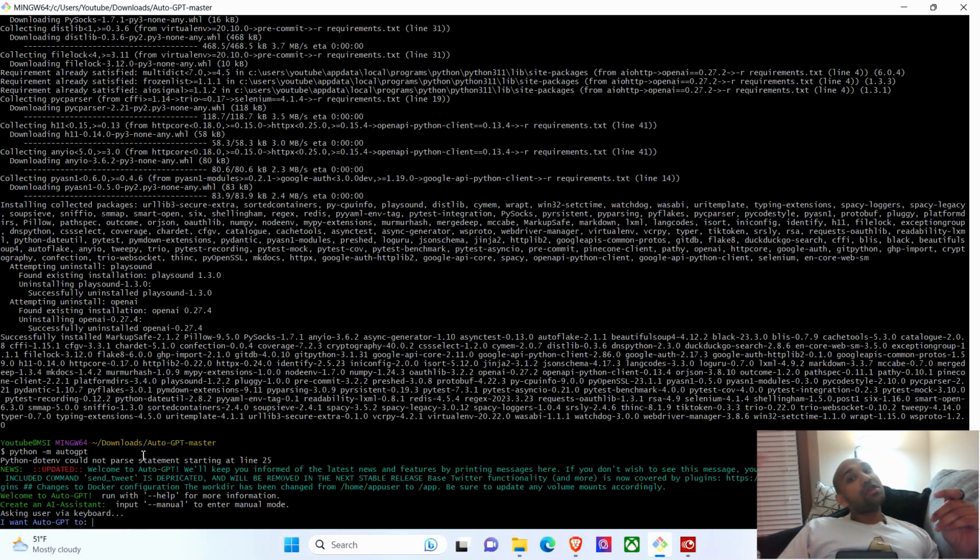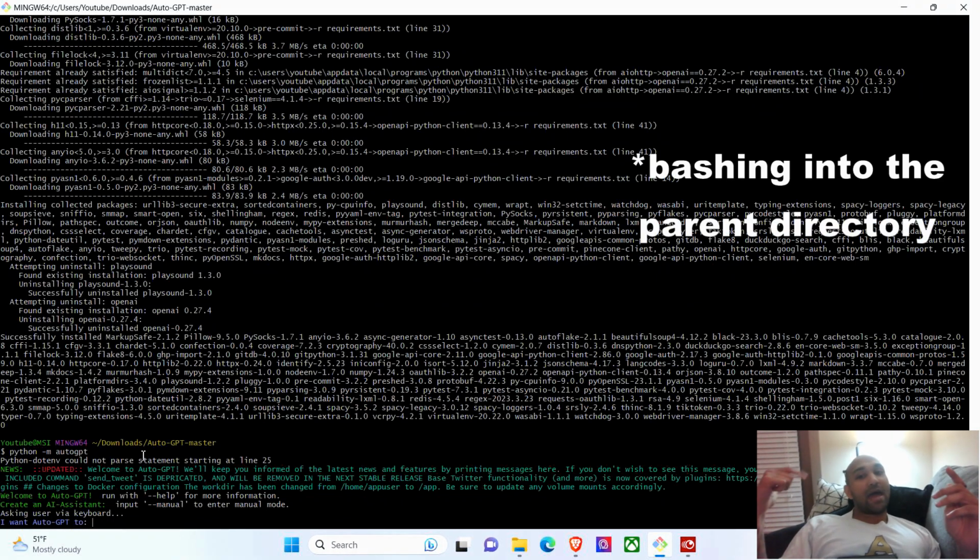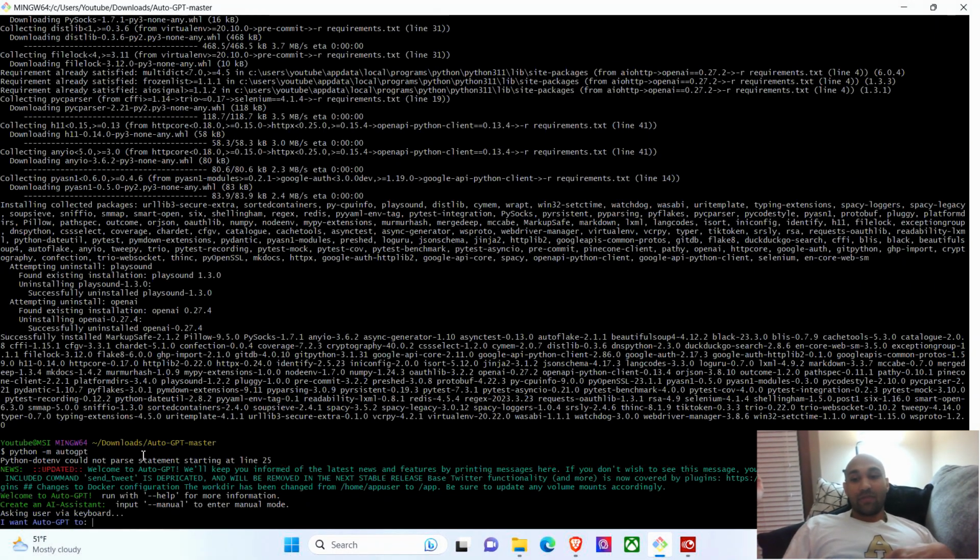Most of this, if you really think about what we did, was just getting all of these peripherals, getting the API keys, and then copy and pasting them into the .env file, and then Git Bashing into the folder and running it. And now we have it running. This is how it's going to look when it first runs. You have two ways you can use this. You can either just use this in manual mode,